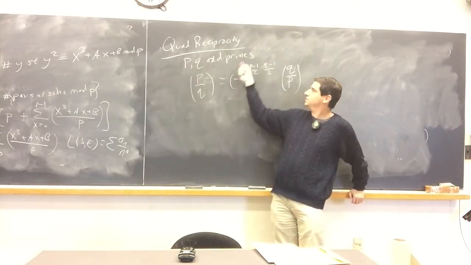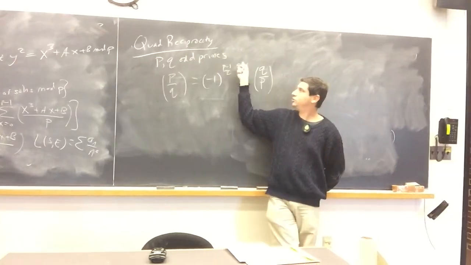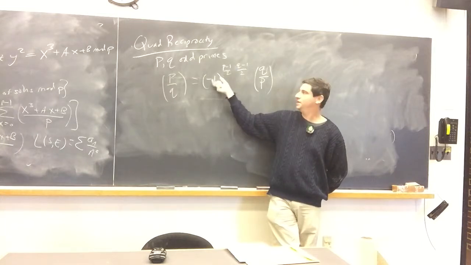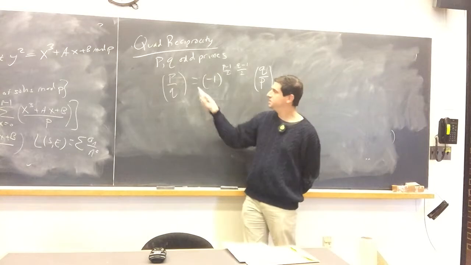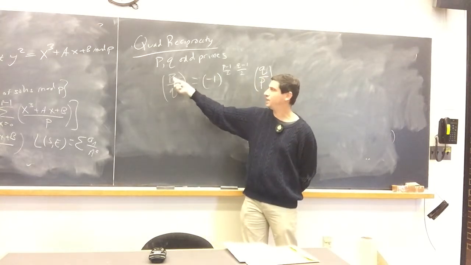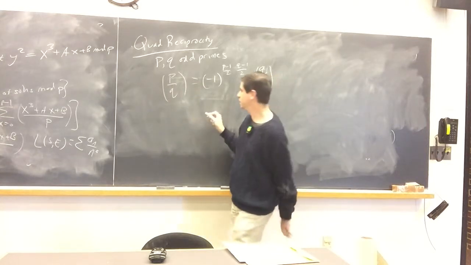What's nice is this is an extremely well understood factor here. And in fact, if either P or Q is 1 mod 4, then this will be an even number, and this number will just vanish. And the whole point is to calculate is P a square modulo Q. Well, first of all, I can reduce P modulo Q, right? So let's say I wanted to do